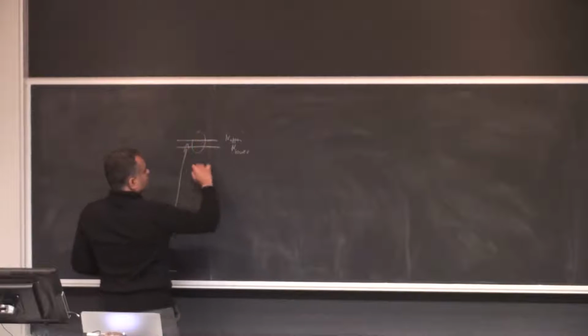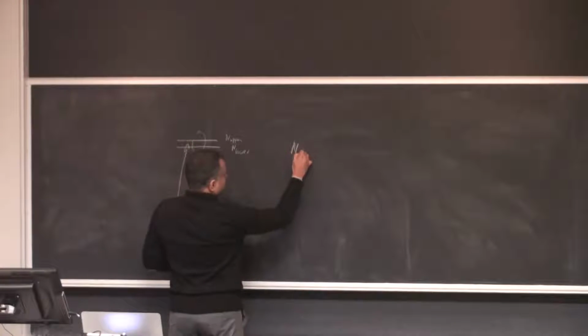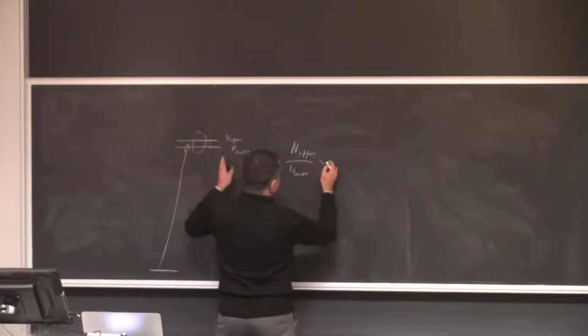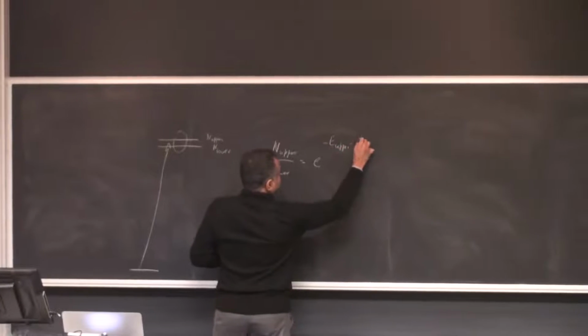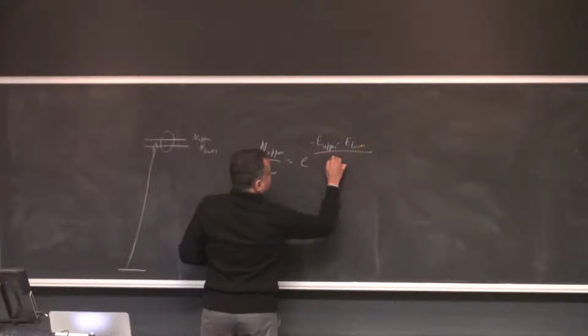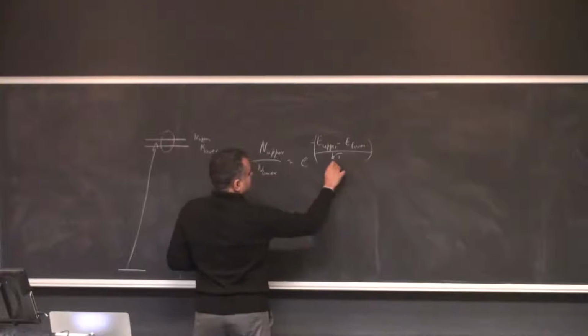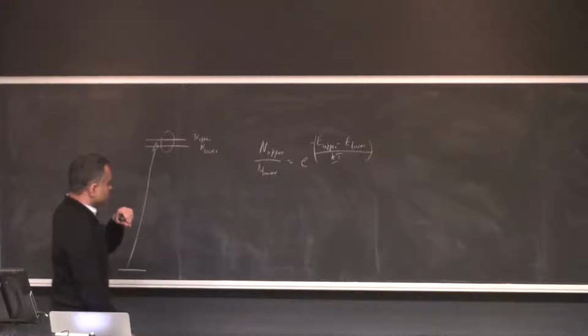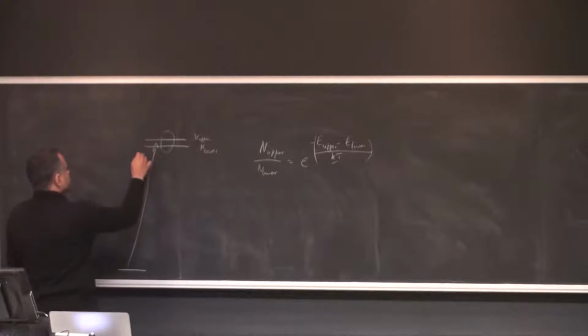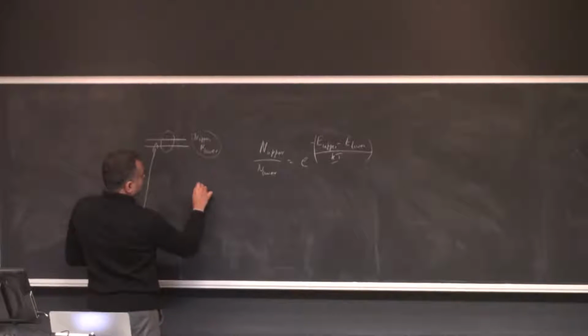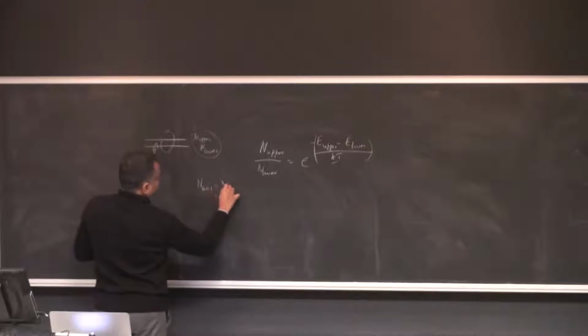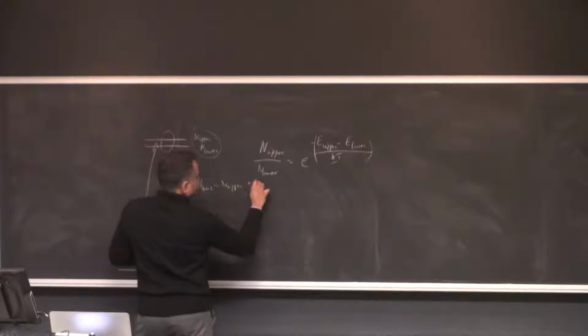So within this manifold, they are Boltzmann distributed, meaning n upper by n lower is equal to e to the power minus (E upper minus E lower) over kT, and you're given all these quantities, you're given kT, these energies as well. So basically what we're saying really is find out what is the n upper and n lower, such that the n total in this excited state, which is n upper plus n lower,